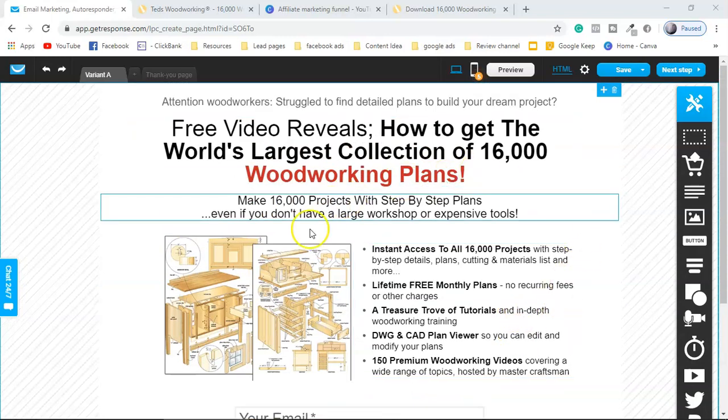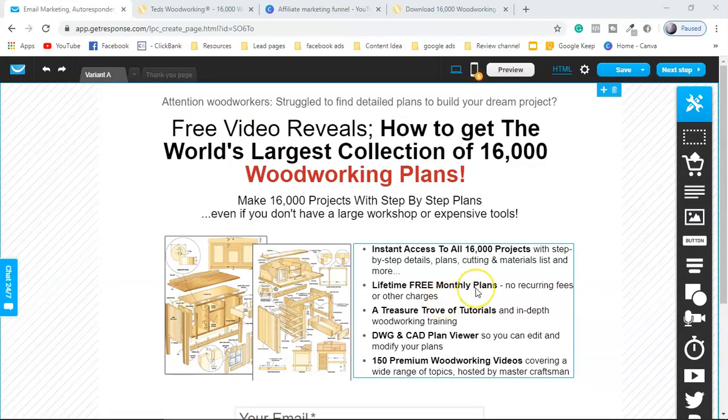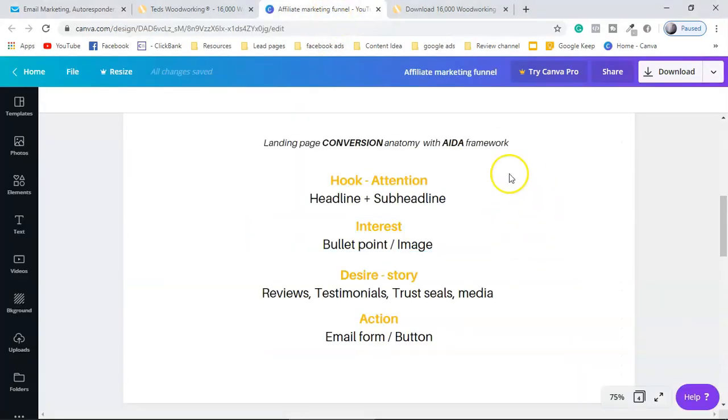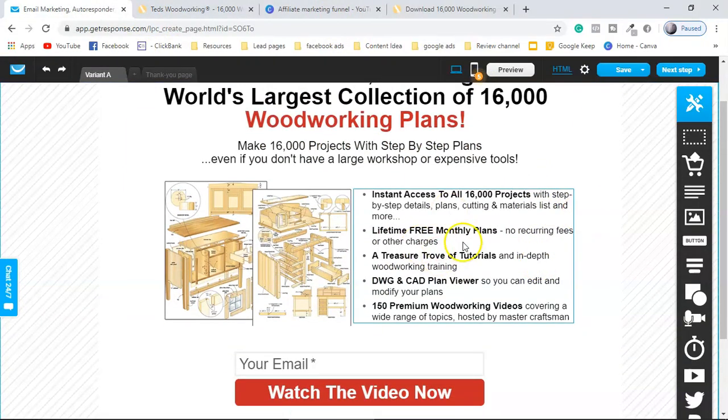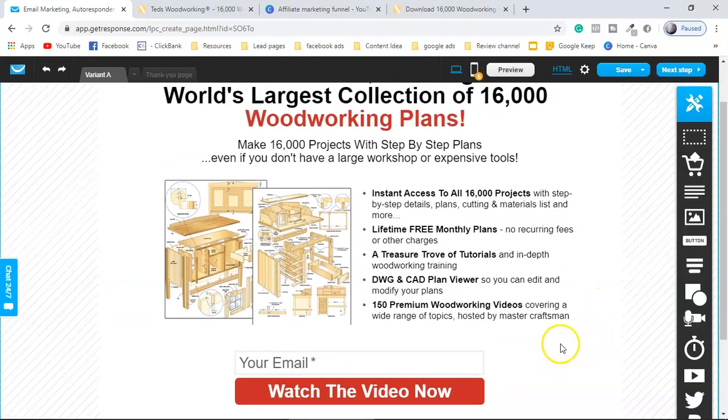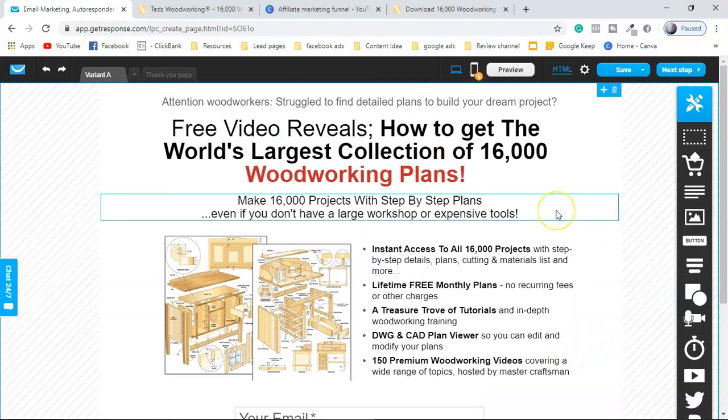So you can make a lot of changes in the landing page, guys, because you can't expect conversion with such simple landing pages. I'm going to split test this landing page with another landing page using the same AIDA framework. Okay, and on that, guys, maybe I'm going to remove these points and just increase the size of this image over here, and I'm going to test that again. So then only you can get the best converting landing page, guys. So it's all about testing your landing page.